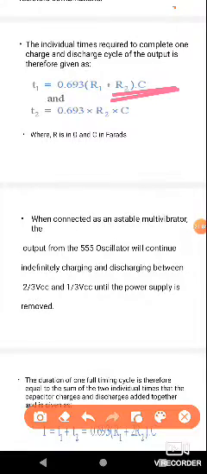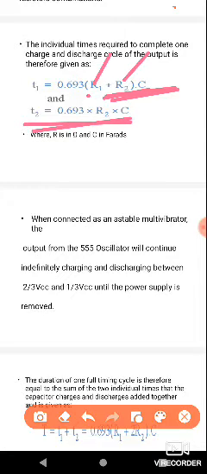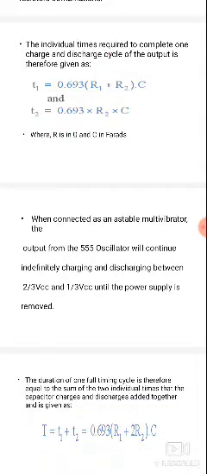Here it will be the charging time of the capacitor, 0.693 into the capacitor combination, which depends on the two resistors R1 and R2. The second condition, T2, is the discharging time, 0.693 R2 C. The R2 resistor is used for discharging purpose. The R1 R2 combination is used for charging purpose. Next, the value of R is in terms of ohms, the resistor is in terms of ohms and the capacitor is in